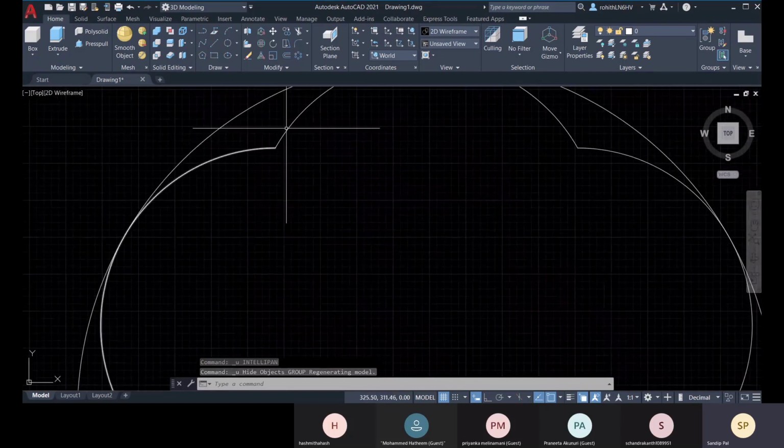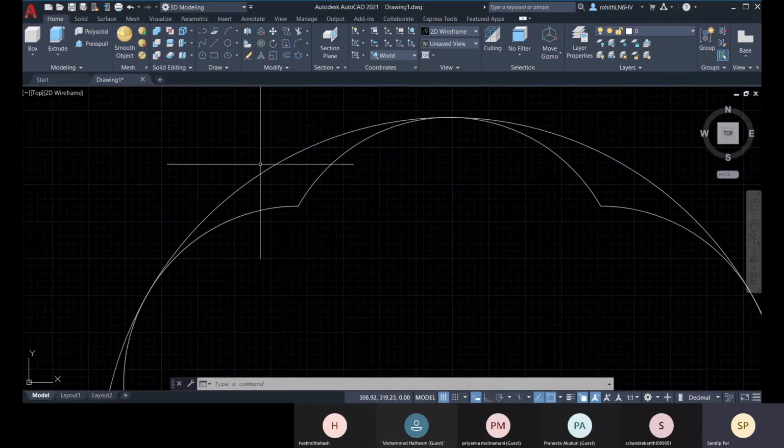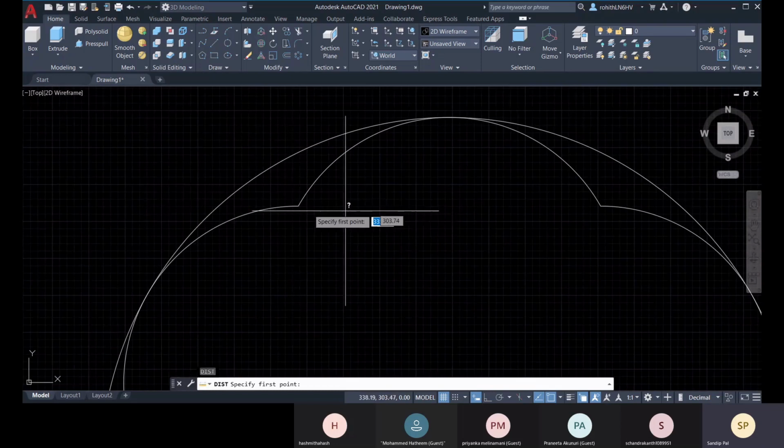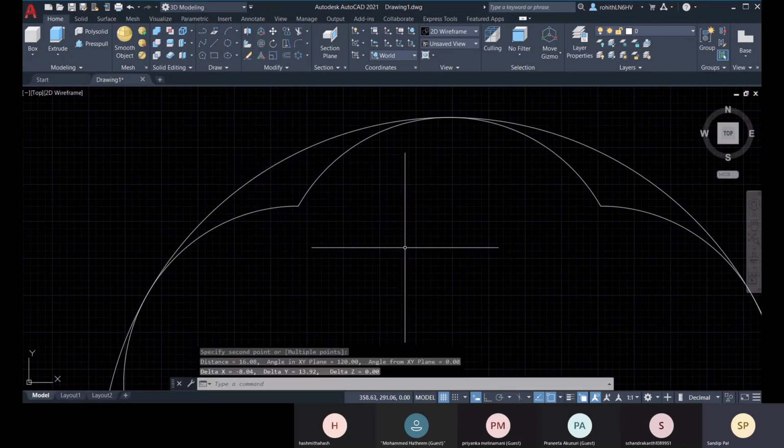I have to make a fillet for these corners. So I will not go randomly. I will go with the perpendicular distance from this to this. So the perpendicular distance is 16.08, right? So that will be my fillet radius.